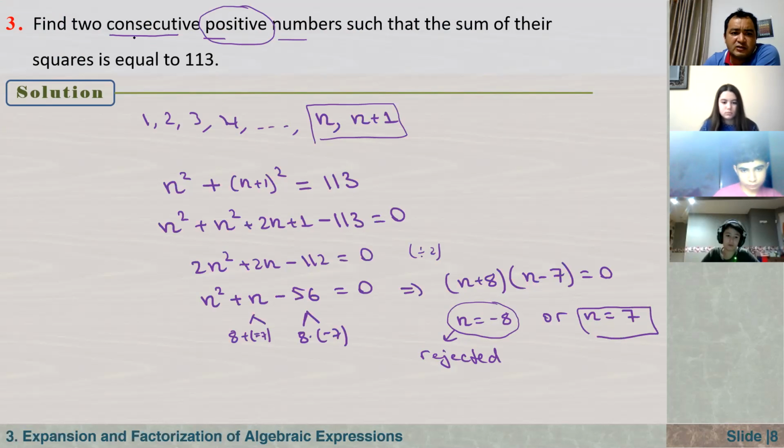So that is our answer. It says find two consecutive numbers. So if the first number is 7, the second number would be n plus 1, which is 8. As I say here, if you just add their squares, 7 squared is 49 plus 8 squared is 64, their sum is equal to 113. Okay,